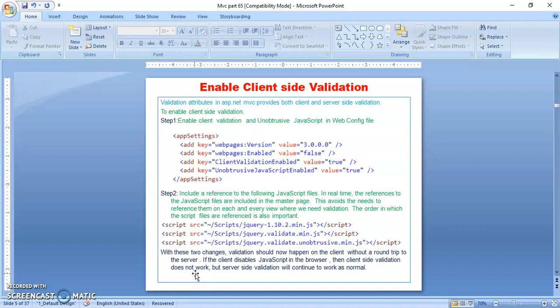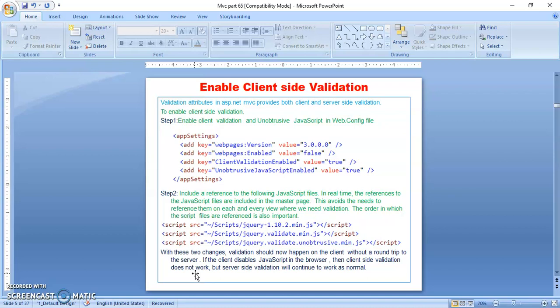So with these two changes, validation should now happen on the client without a round trip to the server. If you put a client side validation, then there is no need for a round trip to the server. If the client disables JavaScript in the browser, then client-side validation does not work, but server-side validation will continue to work as normal.